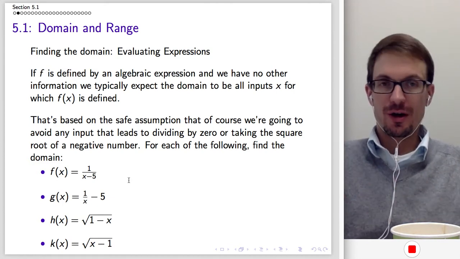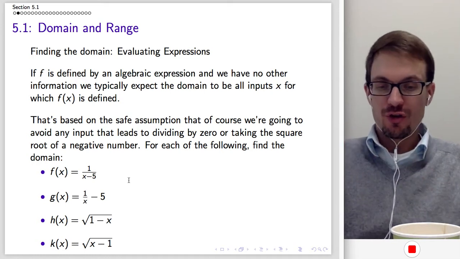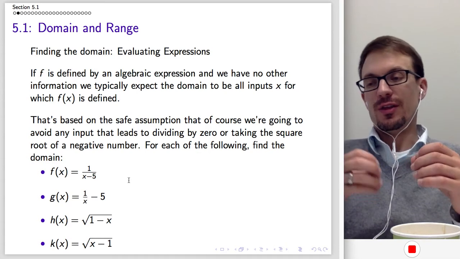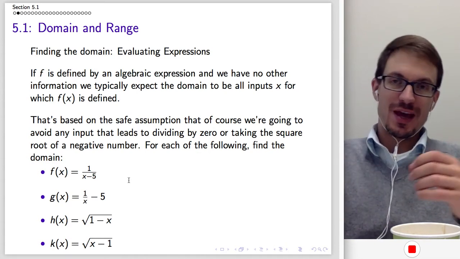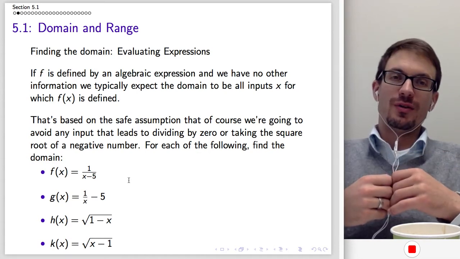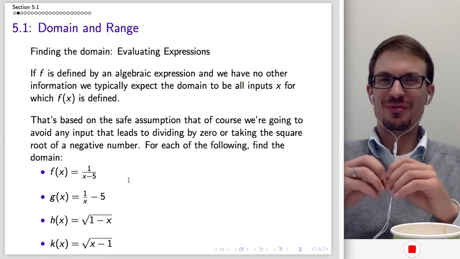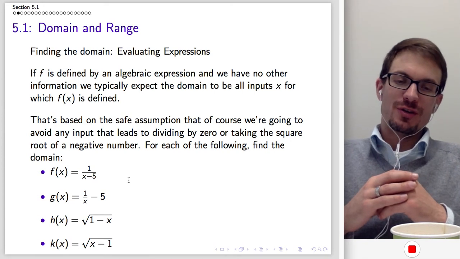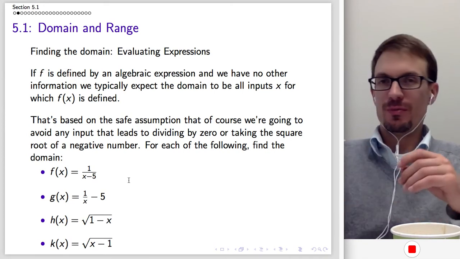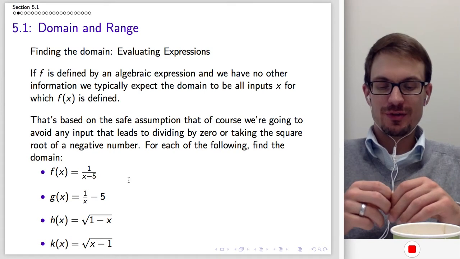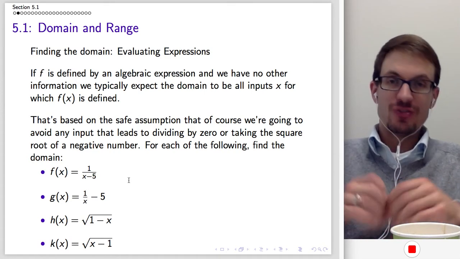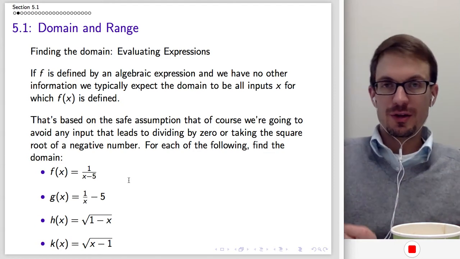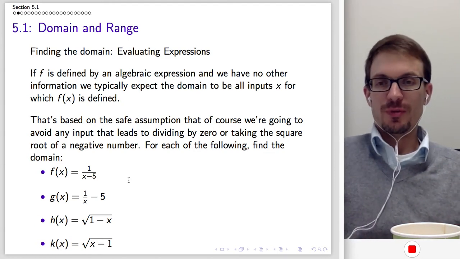Now, if we have other information, if there's some interpretation overlaid on top of this, like if we're told this is money, for instance, then of course we're not going to allow negative values, because you can't have negative money. Well, you can have negative money, but if we're thinking in terms of prices, right? And if we're thinking in terms of time, we typically don't allow negative values of time, although depending on the interpretation, maybe it makes sense. So in those situations, we want to overlay a little bit of intuition to help us figure out what the